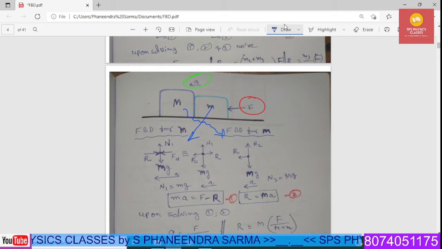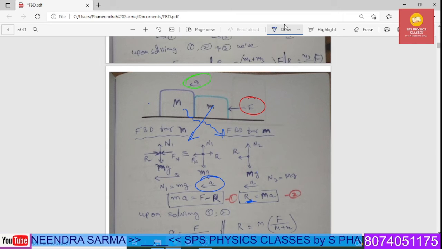Upon preparing the free body diagram for capital M, the force applied by small m, called the action force R, acts along the forward direction, along with mg. Now this block will experience a force of action by the m. According to Newton's third law, the capital M will produce a reaction on the small m. Therefore, this is the reaction and this is the net force we are applying, F. Arranging properly, we get this equation, but the acceleration is along the left side. Therefore, for m, the net force MA is equal to F minus R.